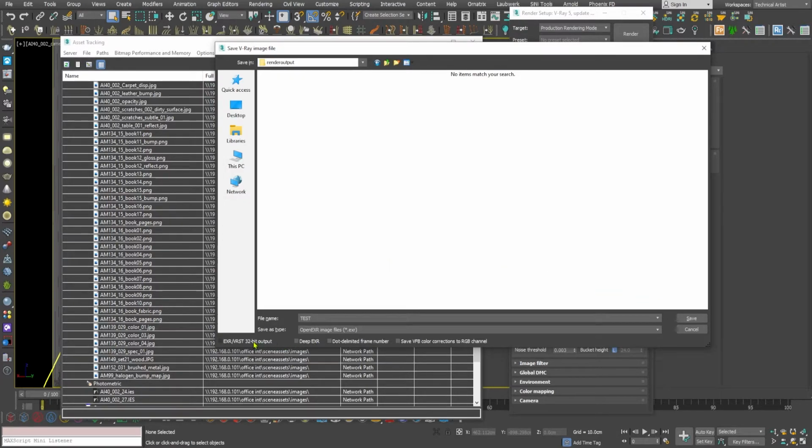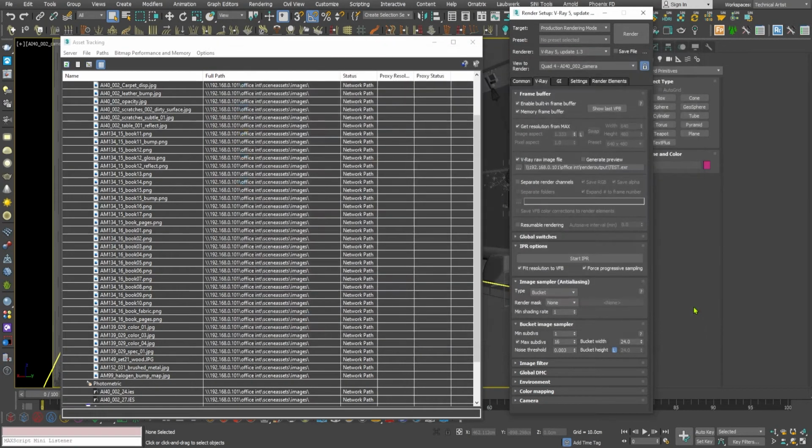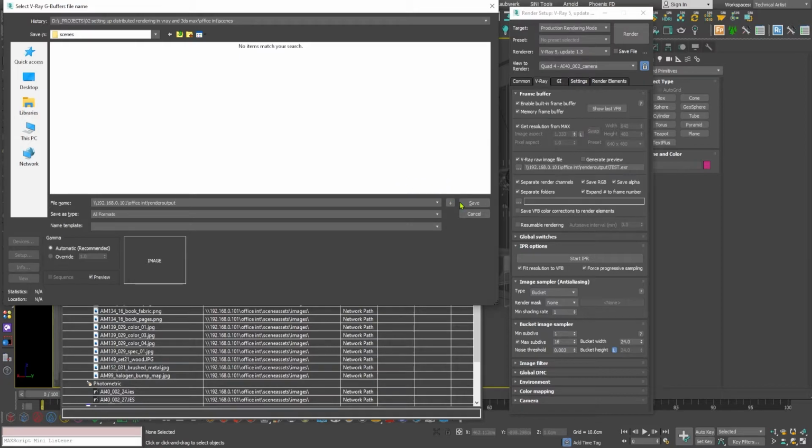And you can use the 32-bit output format, but in this case I am not going to do this, and I am going to maybe click on the separate render elements, and I am going to click on this separate render folder because I do not like the render elements in the same directory, and give it a network path as well.